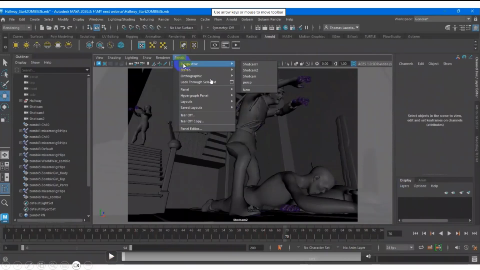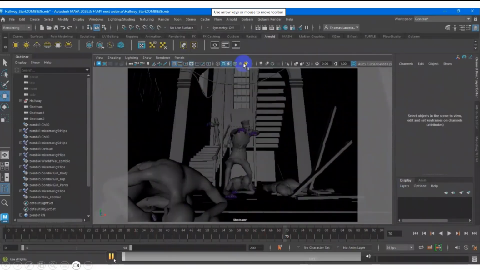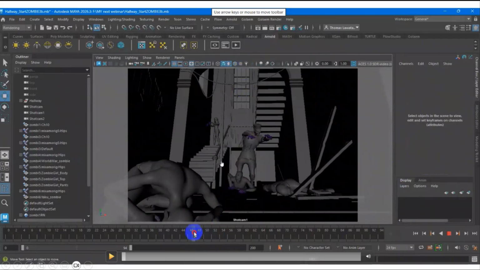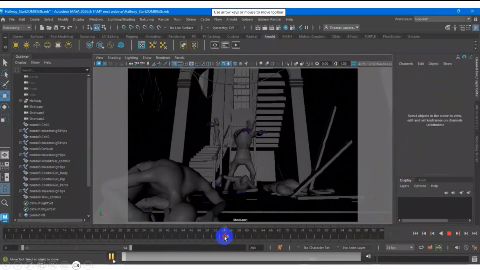So this is the camera that I created. From the first shot cam, I want to position it, because these are animations, so I need the pose of the zombie.